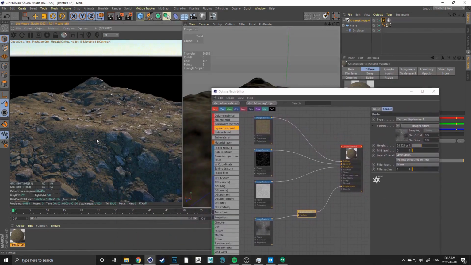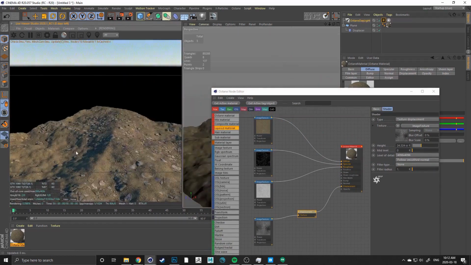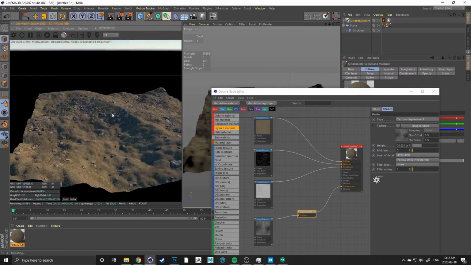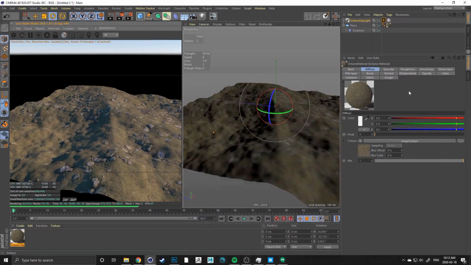So now let's set up a world scale that we will be using across all our assets. So to do that,